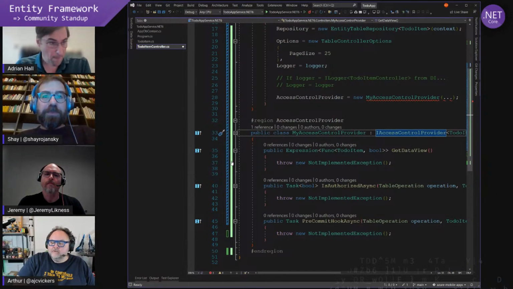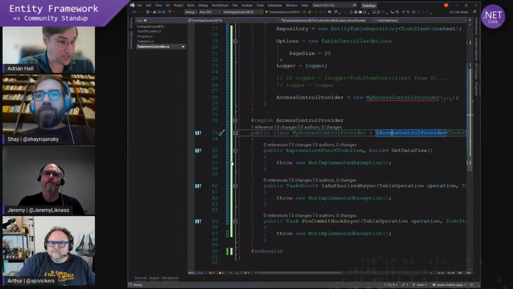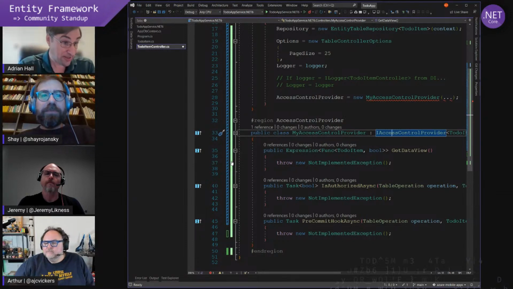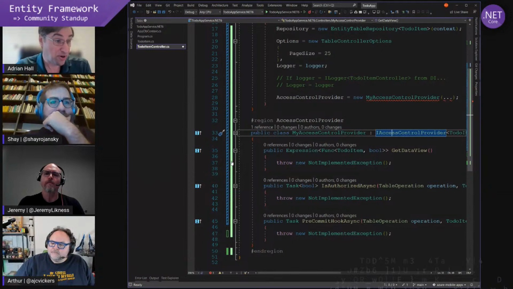And you're saying you do that by whoever is authenticated, whoever's logged in. That's what you use to build that where clause. Yeah, and we've got a piece in the documentation where you use the HTTP context accessor, inject that in, and then build your access control provider using that, and then you have access to the username or the email address or whatever you want to use to identify your users.